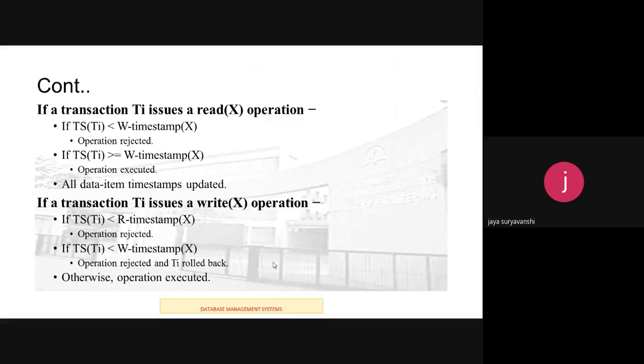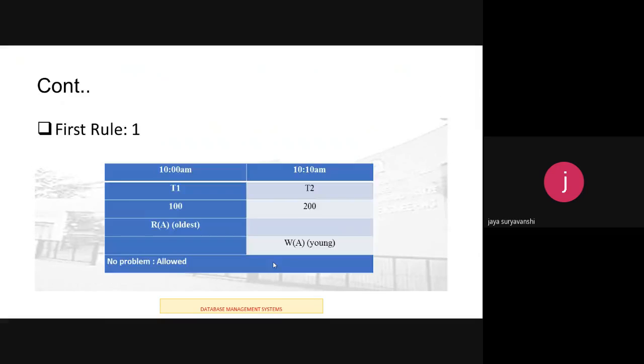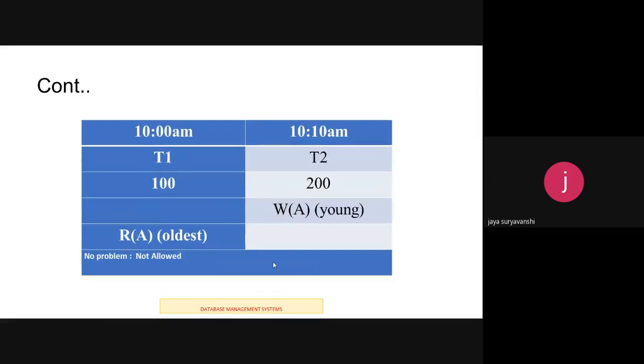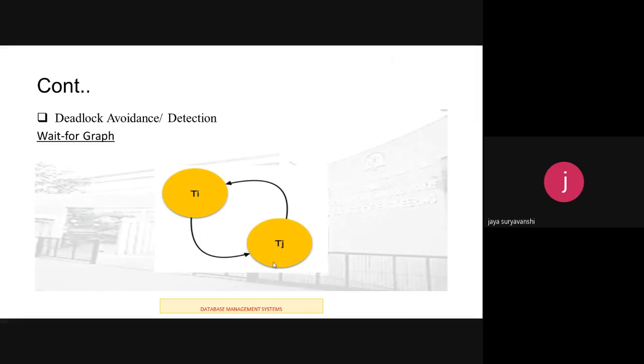So these are the same conditions they have to check. We have already covered these things. Now the next one is the deadlock detection method. Okay. So